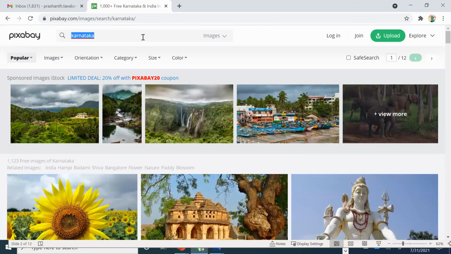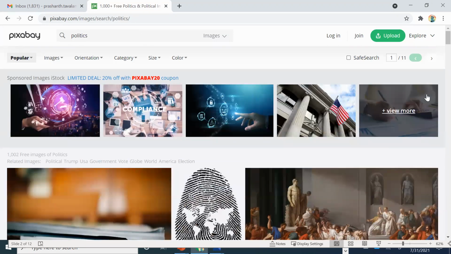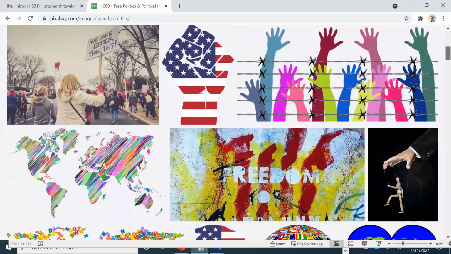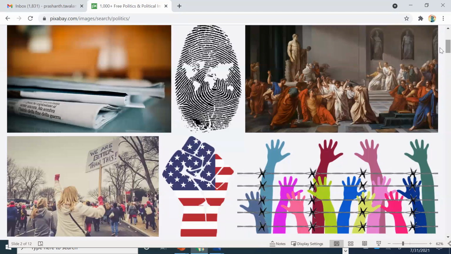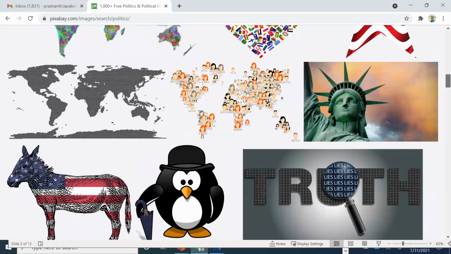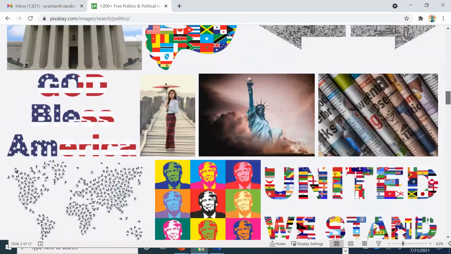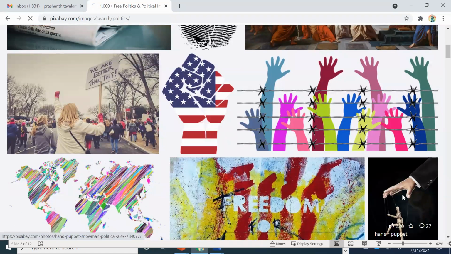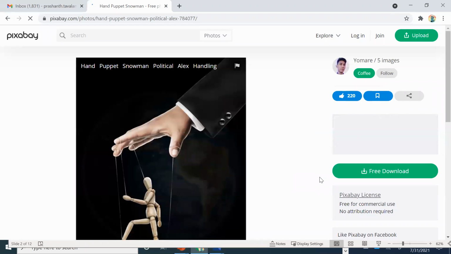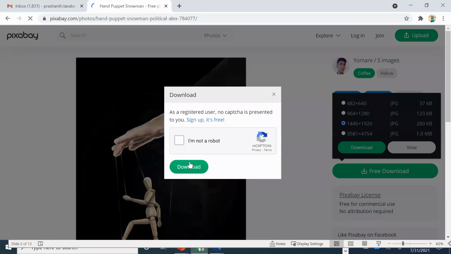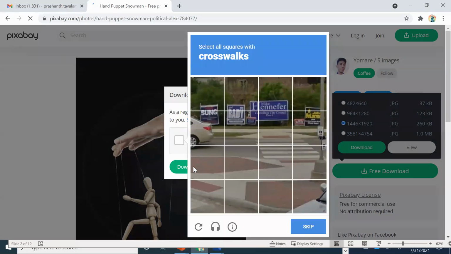Let's go back to politics. This is a free image site.